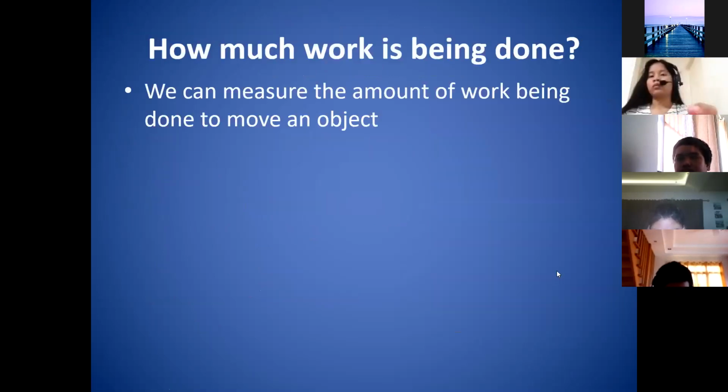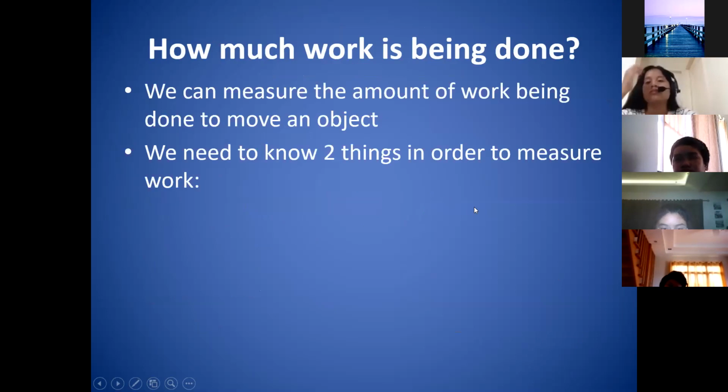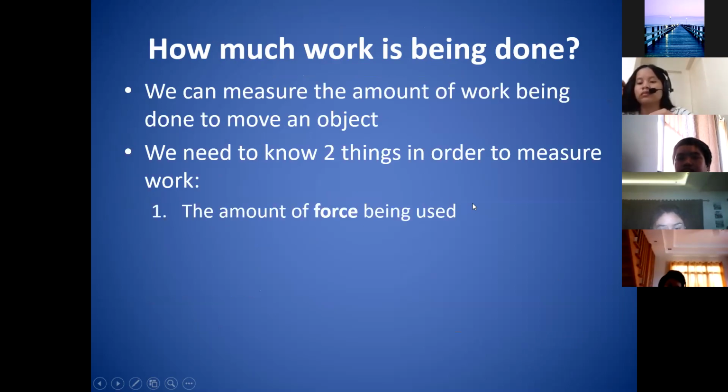So the concern of this module, class, is about work. How can we do work? How is it possible that holding a book over our head does not do work at all, but lifting a book does have work? So we need to know two measurements in order for us to compute the value of work. One is force. So force should be present. And what was the formula for force again? Force could be computed by multiplying mass and acceleration, di ba? Force equals mass times acceleration.